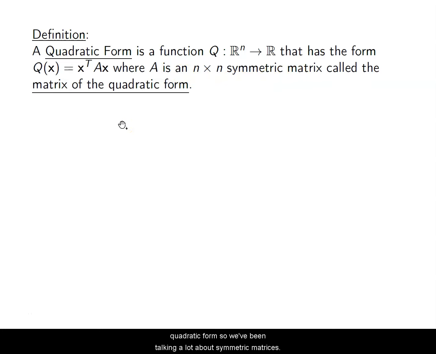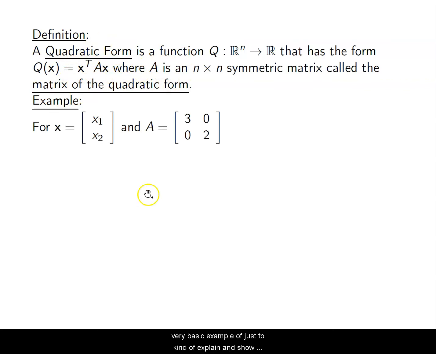We've been talking a lot about symmetric matrices previously with our QR factorization and our singular value decomposition. So we can do all of those kinds of things here as well, although this is a completely different section. So let's do a very, very basic example, just to show a concrete example